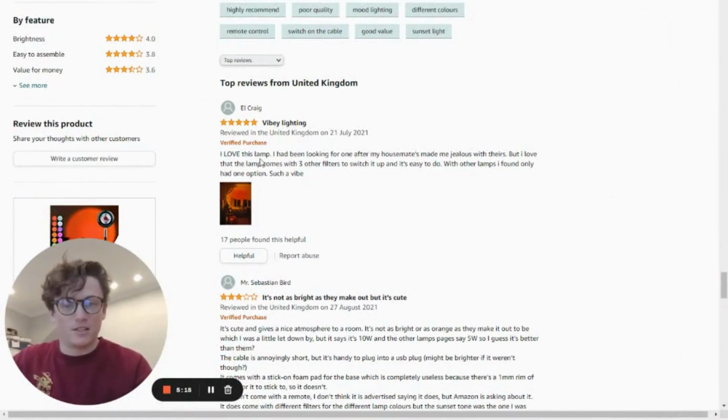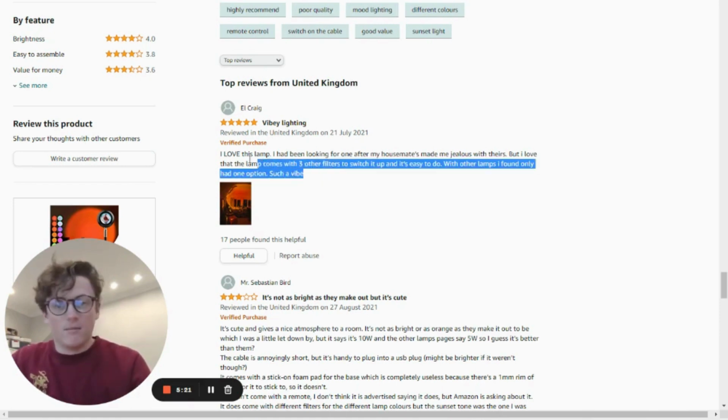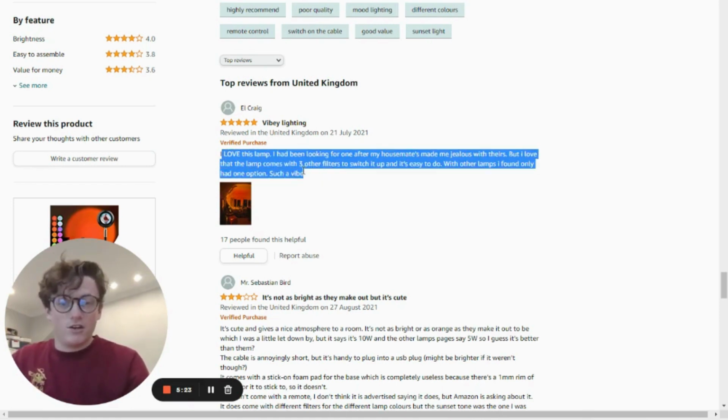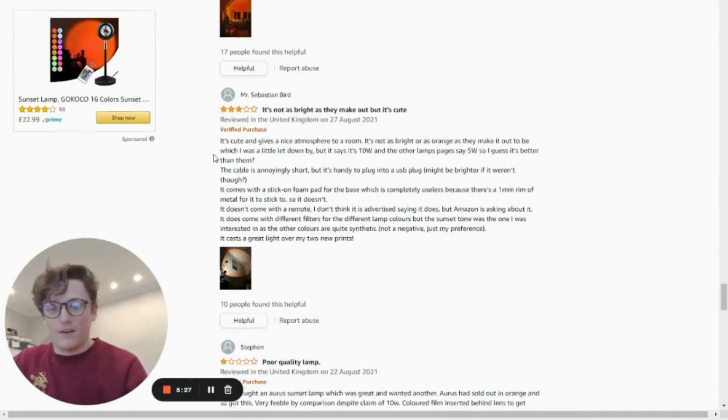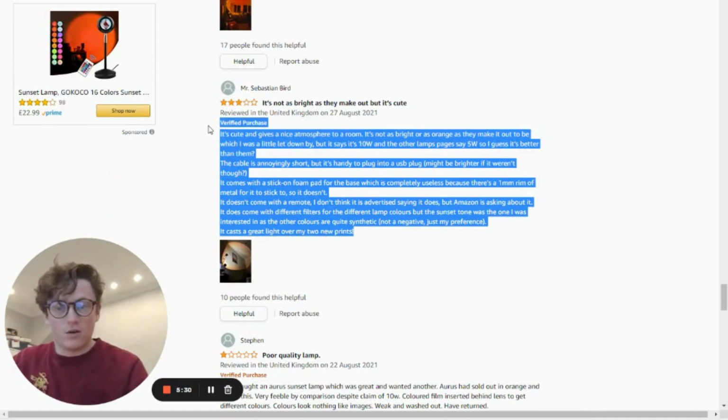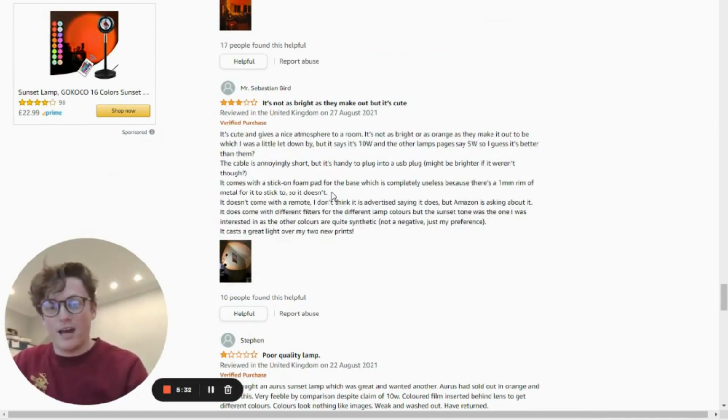So here, I love this lamp. I've been looking for one of these. My housemates made me jealous with theirs, but I love the lamp. Comes with 3 other filters, blah, blah, blah. So what I would literally do is take this, copy it, paste it into a Google Doc, and then where there's a long review, I'd take the whole thing, paste it into a Google Doc, and then reword what they're saying